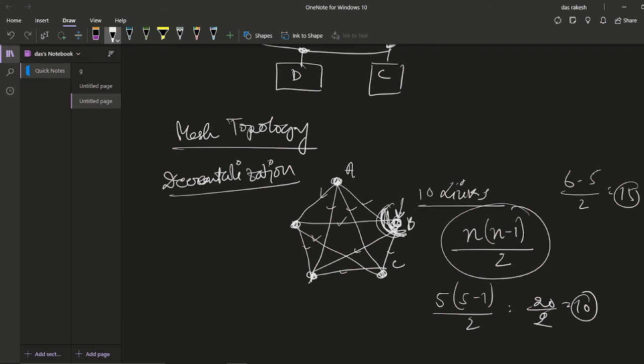So mesh offers several advantages over other network topologies, for example star topology, ring topology, and bus topology. In a mesh topology, one thing should be remembered: there are several types of routing paths possible to relay the data communication from one node to another node. Okay, so next one is